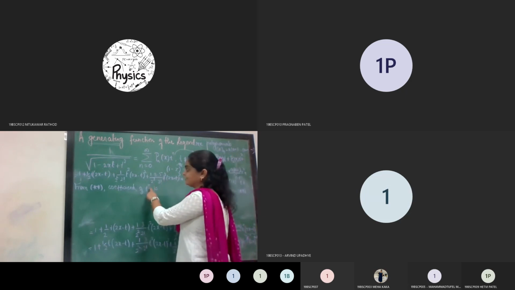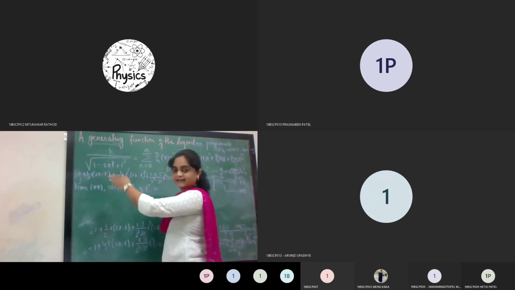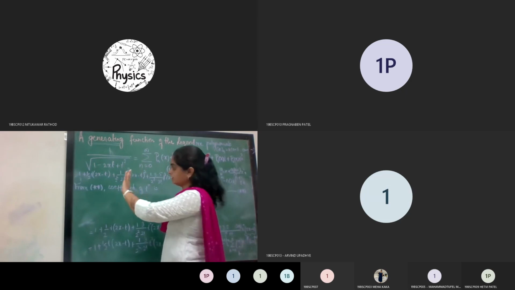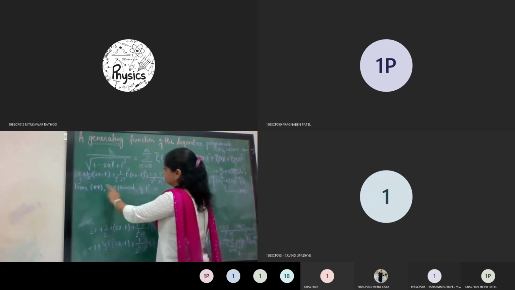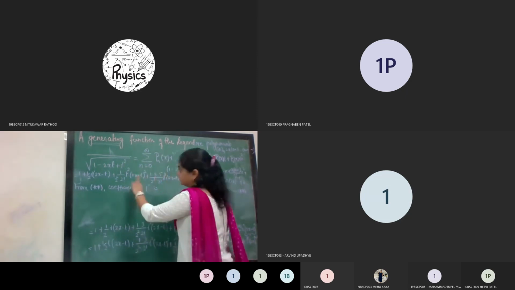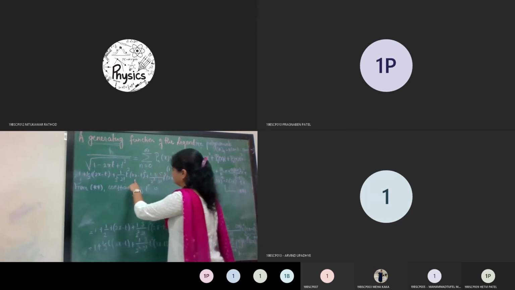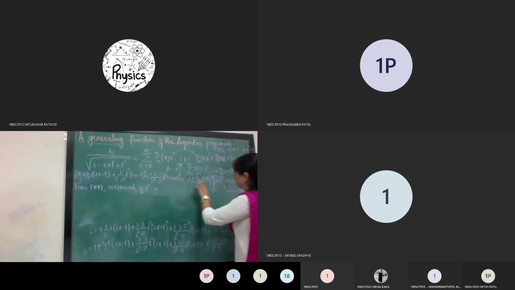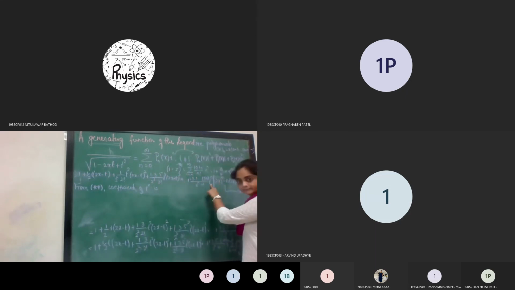Once we find out for t raised to n, we can generalize it by putting n is equal to 0, 1, 2 and so on. So this is what coefficient of t raised to n. यहाँ पे t raised to n है, नहीं है. यहाँ पे है, नहीं है. t raised to n कहाँ पर है? यहाँ पर. Once you have t raised to n here, so you have to go for this bracket expansion.